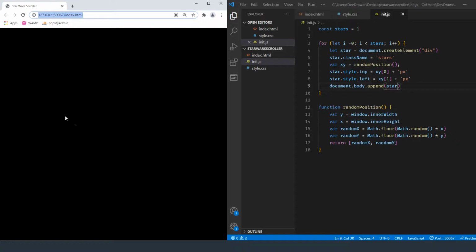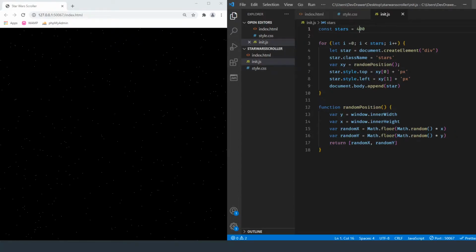I don't know how easy that is to see on the screen, so let me increase this to say 100 stars. You can see now there's randomly generated stars, so if we refresh the page, the stars are always randomly generated. Let's try 400 and see what that looks like. Oh, now that looks like a beautiful starry night, so I think that's the number we're going to stick with.